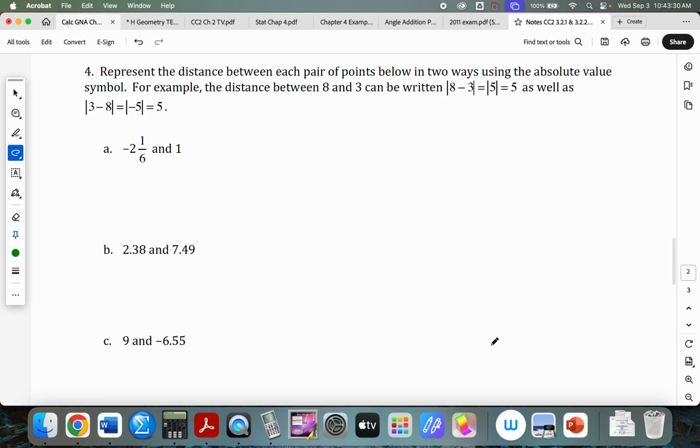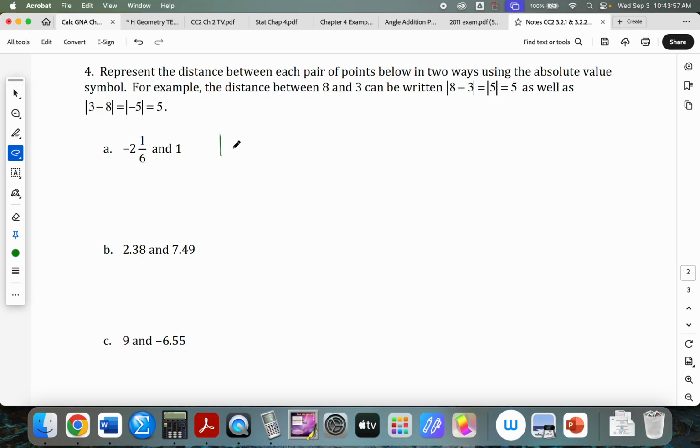Represent the distance between each pair of points below in 2 ways using the absolute value symbol. For example, the distance between 8 and 3 can be written as the absolute value of 8 minus 3, which is the absolute value of 5, which is equal to 5, as well as the absolute value of 3 minus 8, which is the absolute value of -5, which is also 5. So